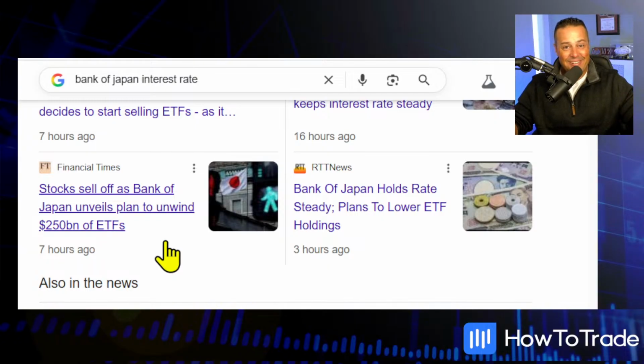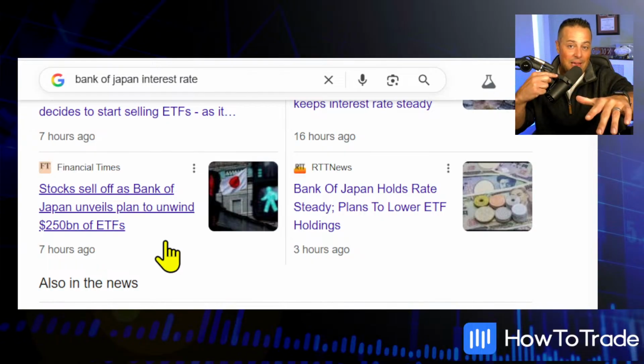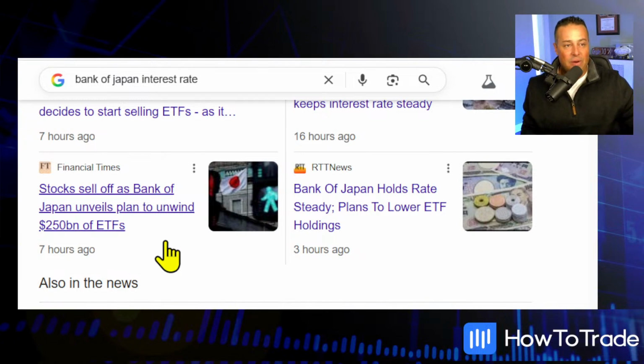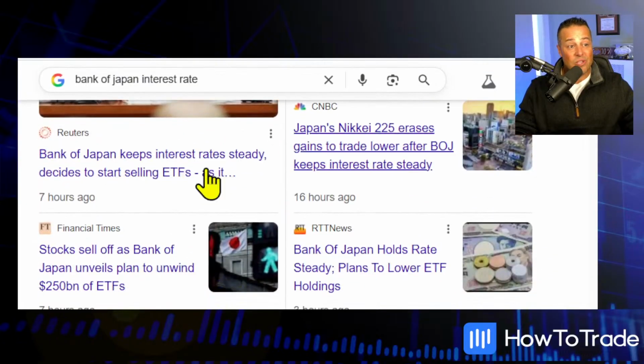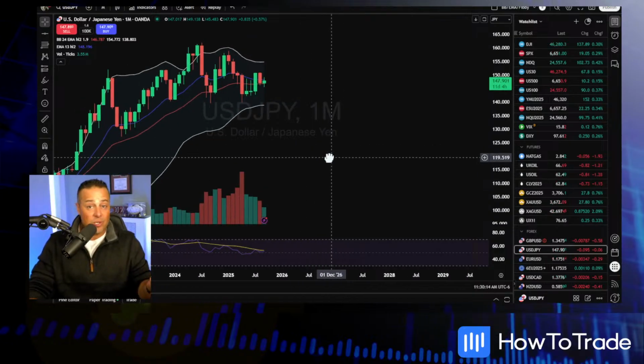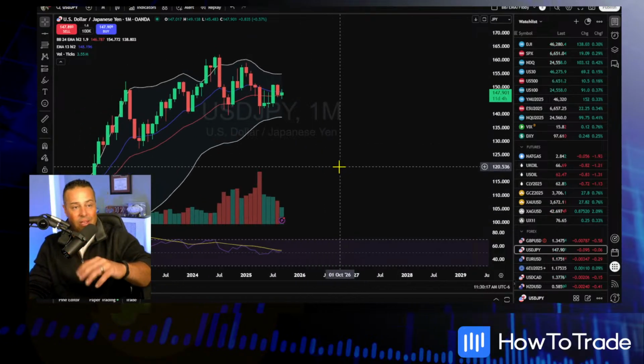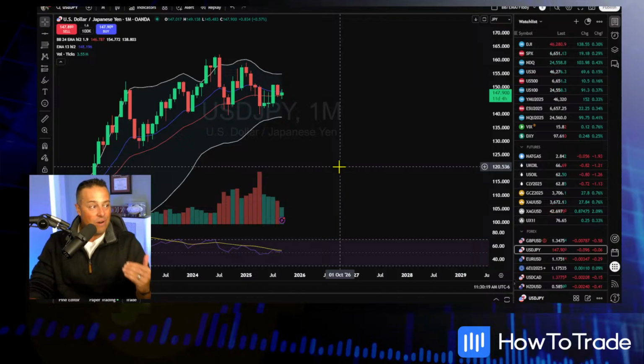Anybody? Well, they're dictating what the yen's worth. Think about it. You're going to sell all those ETFs back into the system. What are you taking for payment? You're taking yen back. You're trying to balance your books. Theoretically, that will strengthen the Japanese yen. What will it do to, say, the Nikkei? Not so good. We saw a sell-off in the Nikkei. When you sell all these ETFs, you're taking yen out of the system. So instead of cutting interest rates and injecting capital, it was a relatively hawkish meeting from the Bank of Japan.